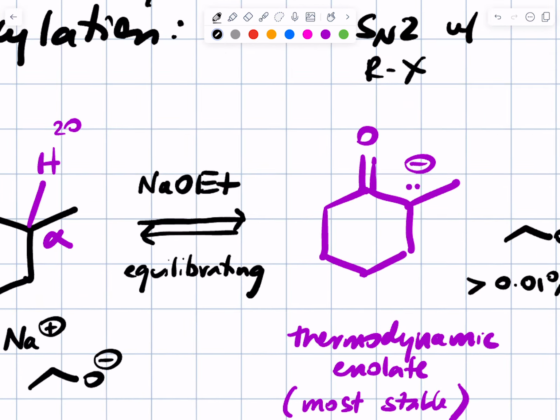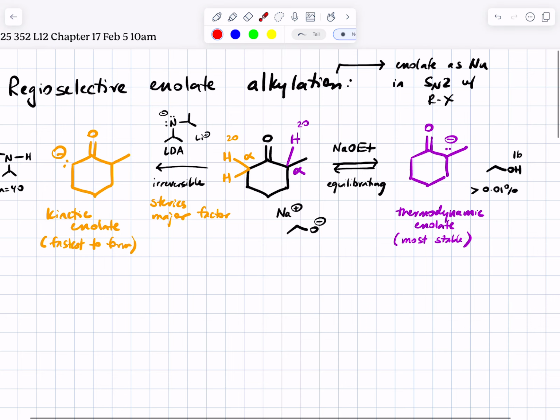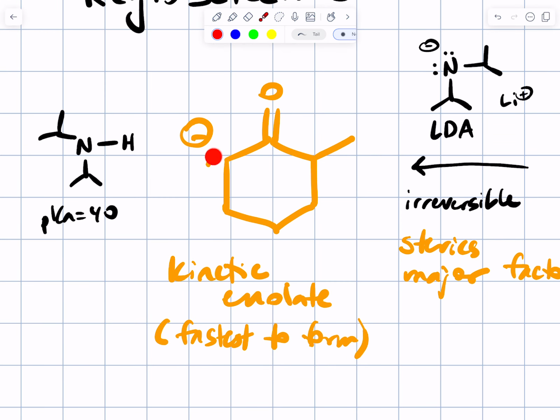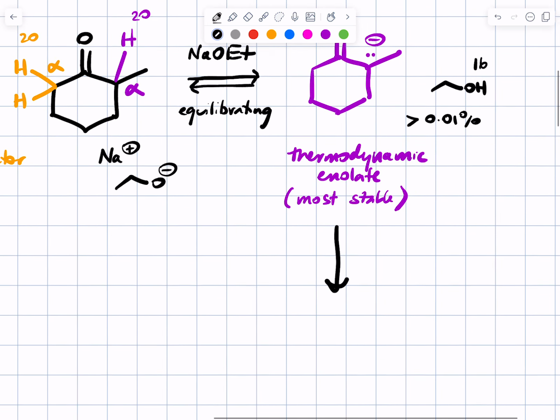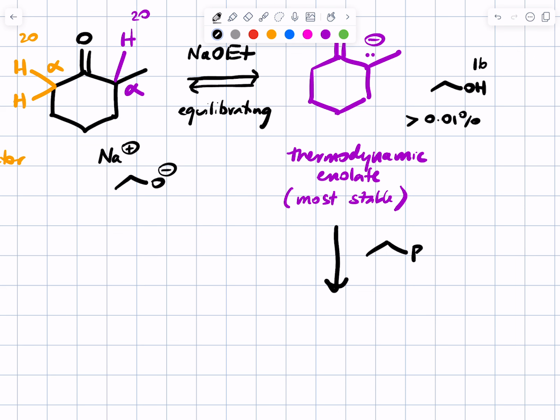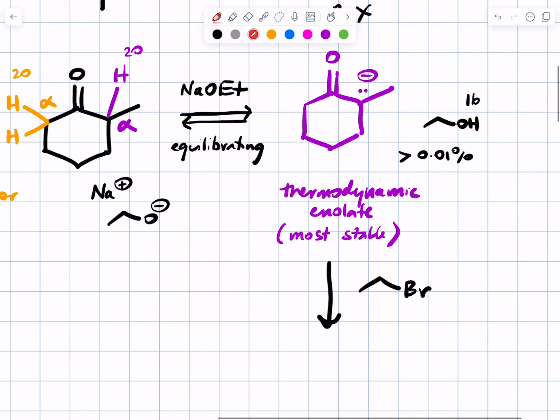If you use the thermodynamic enolate, it's going to react from this more substituted carbon. If you use the kinetic enolate, it's going to react from this less substituted carbon. So let's imagine we bring in an alkyl halide, and let's keep it simple. Let's make it a 2-carbon alkyl halide. You can expect the enolate nucleophile, the negatively charged alpha carbon, to attack where the bromide is, where the